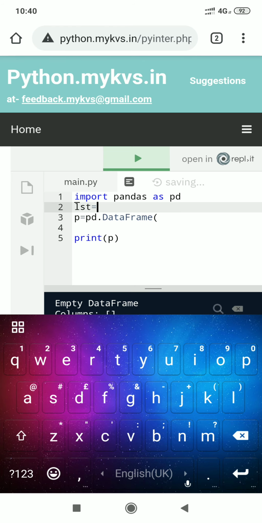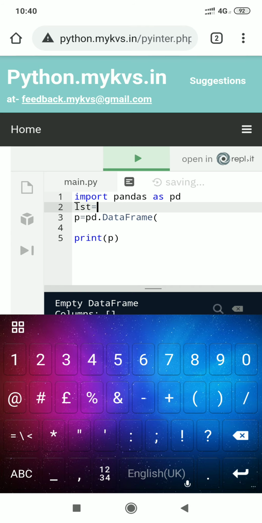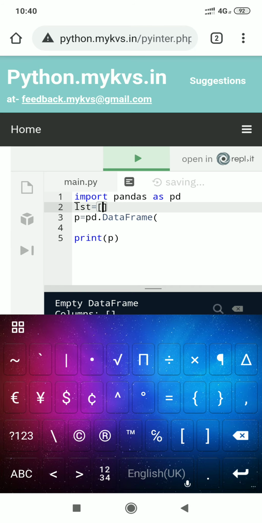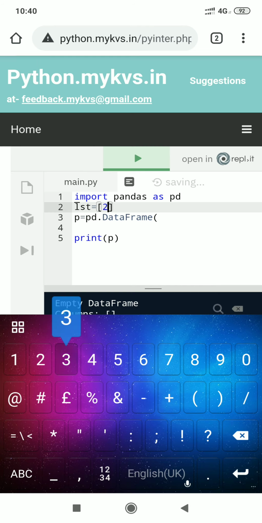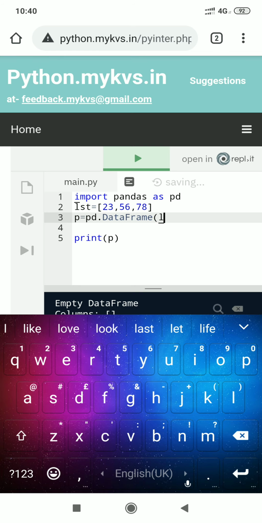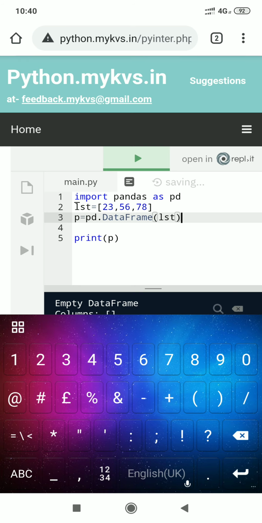Then bracket, and then here you will pass the values, and LST. Now execute the program.